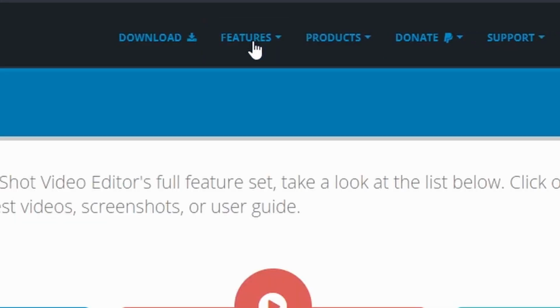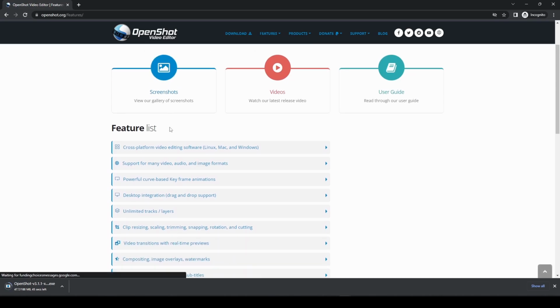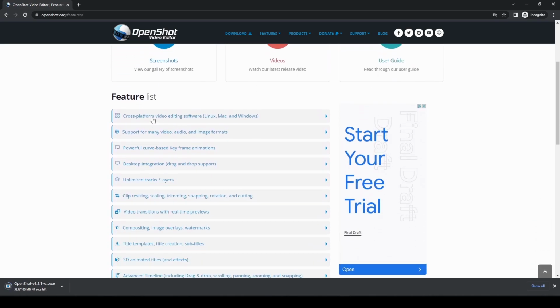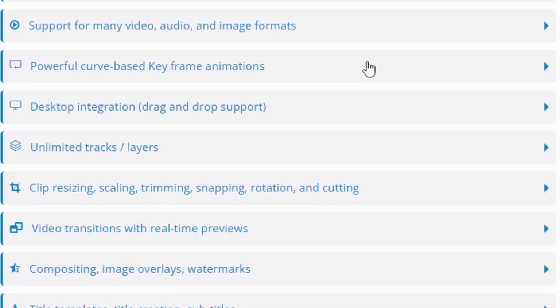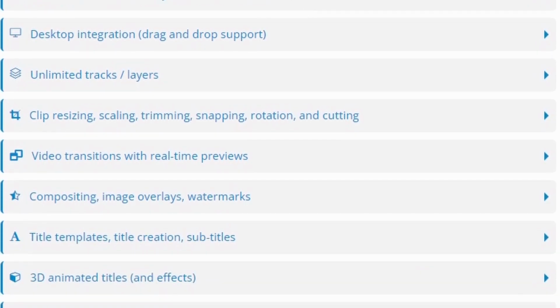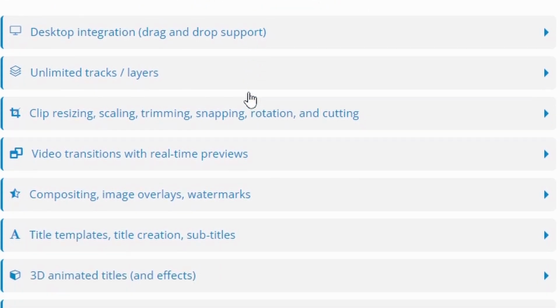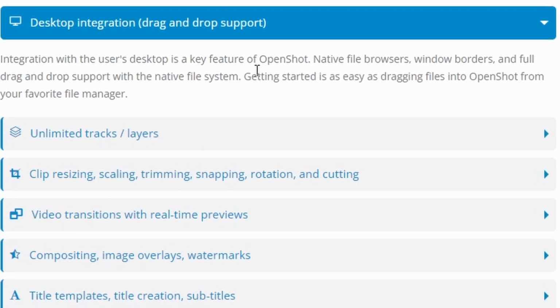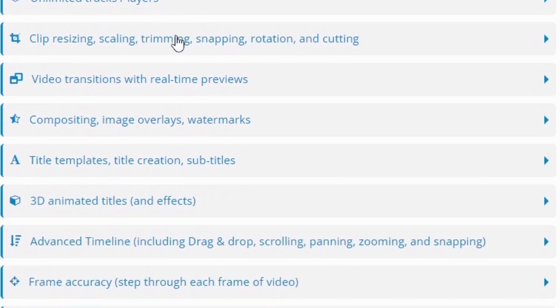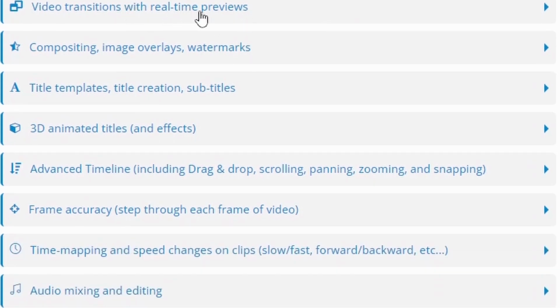So if we look at some of the features, we've got cross-platform video editing, so it supports Linux and Mac as well. Support for many video, audio and image formats. Powerful curve-based keyframe animations. Cool, it comes with a good animation framework capable of unlimited numbers of keyframes. Desktop integration, drag and drop, unlimited tracks and layers, clip resizing, scaling, trimming, snapping, rotation and cutting, video transitions with